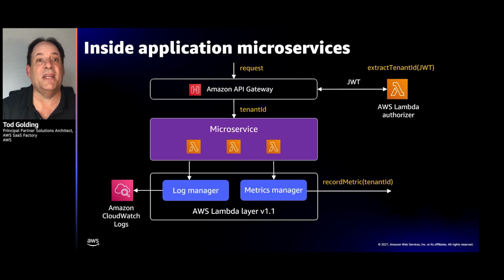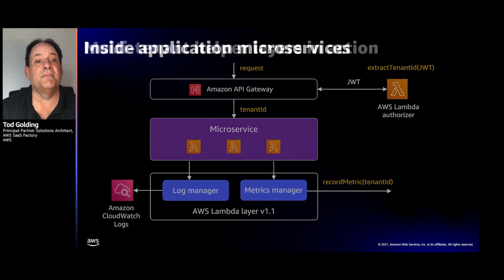So here we put logging, so it'll do tenant-aware logging and send data out to CloudWatch logs with tenant context. And we've got a metrics manager here that will send metrics data out with tenant context. If you look at the actual code behind this, the application developer knows almost nothing about the fact that we're using tenant context. And the nice part of layers is that you can just keep deploying and managing these shared concepts, and they'll automatically be accessible to all of your microservices.